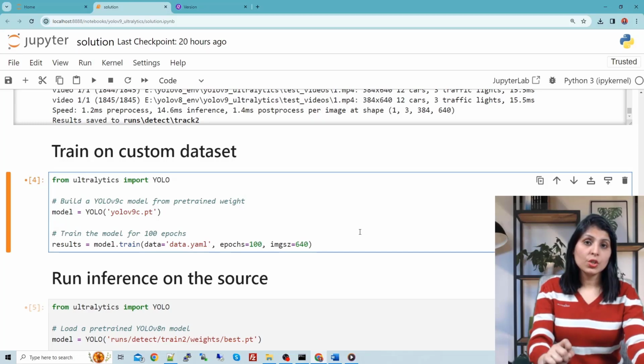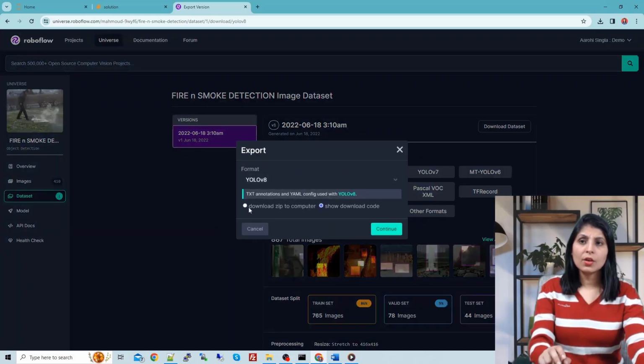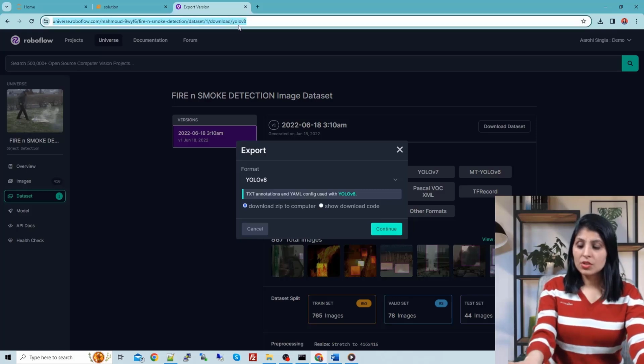Now guys, I'll show you how to train YOLOv9 on a custom dataset. So first let me show you the dataset which I'm using. This is the dataset. So we will detect fire and smoke classes, and you can download this dataset from Roboflow, and just click on this YOLOv8 and then click on download zip file and click on continue. You will get a zip folder in the downloads folder of your PC, and then from there you can use it. Let me mention the link of this dataset